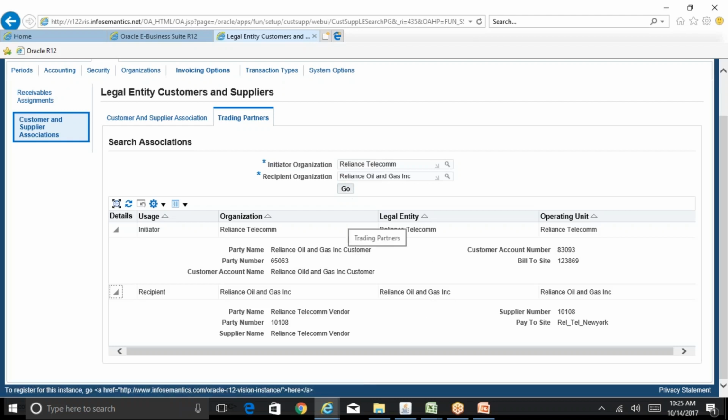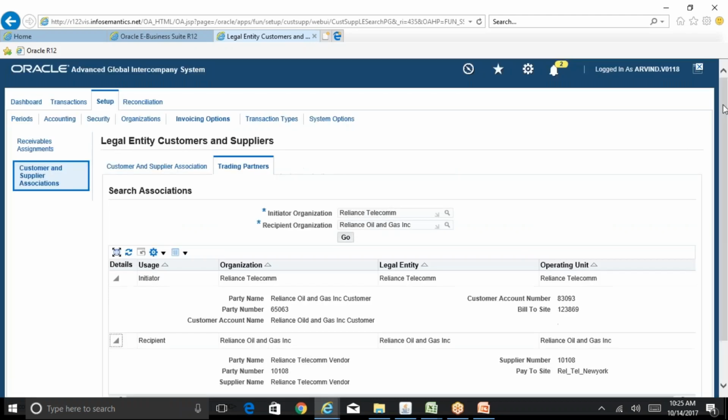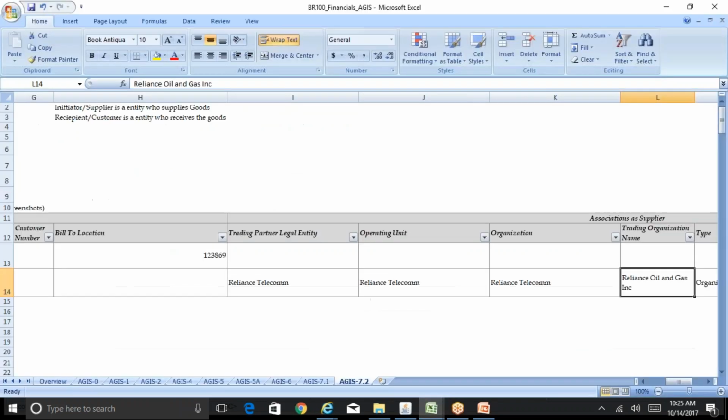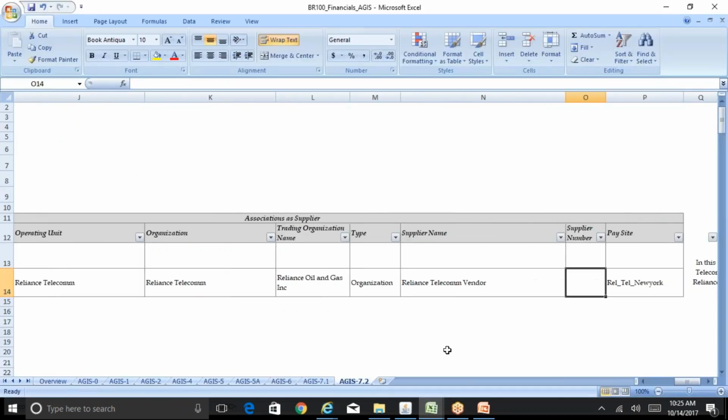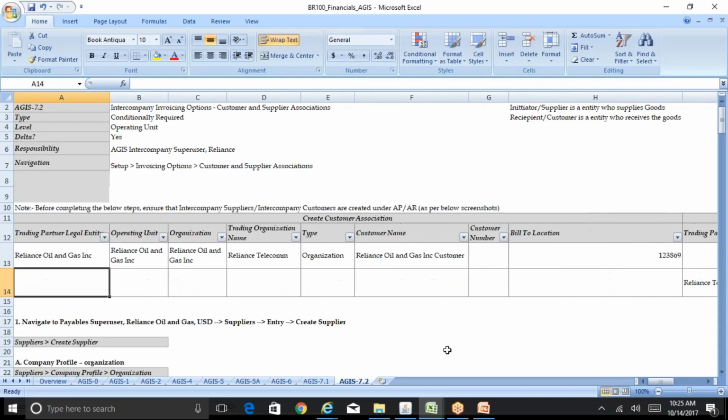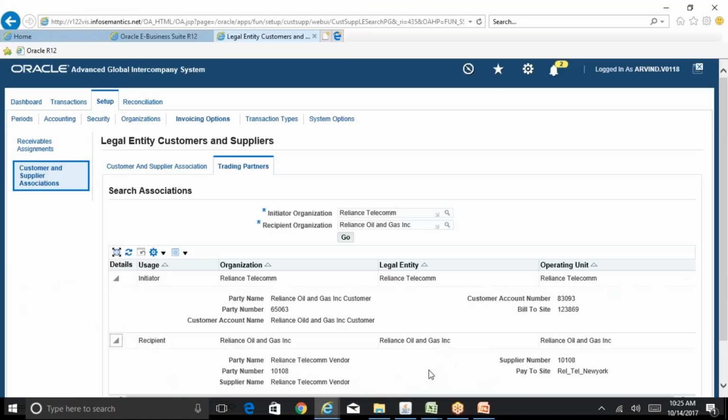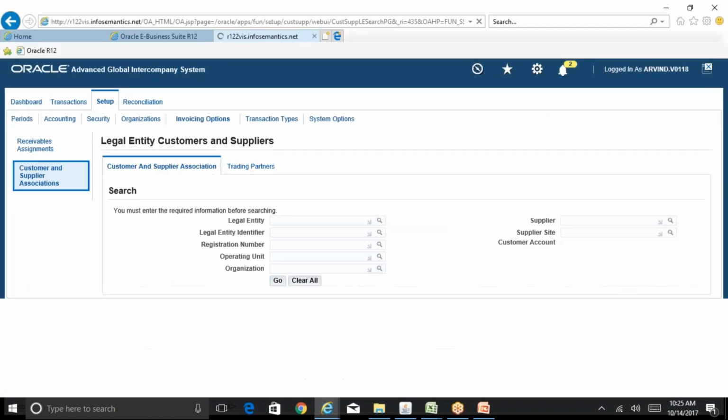So as part of your testing, if you want to, you can directly use these screens and try to create them instead of going to your AP and AR. So then once the relation is built up, we cannot delete them, is it? No, we can delete them. So the mistake I did is, in order to delete them,